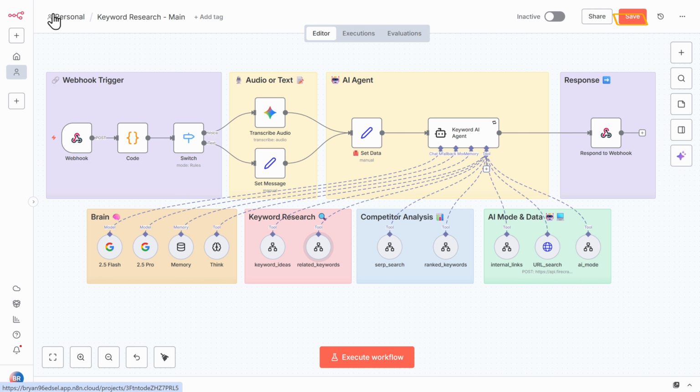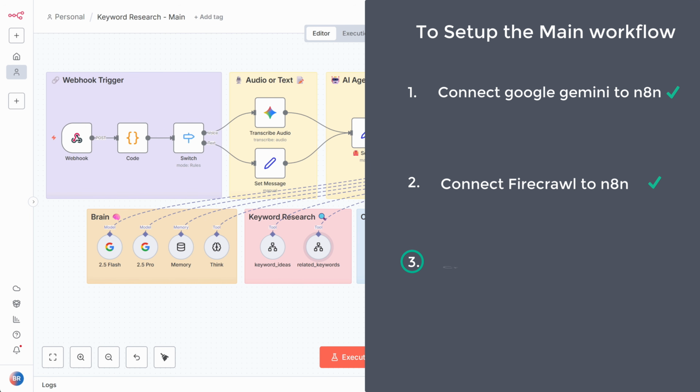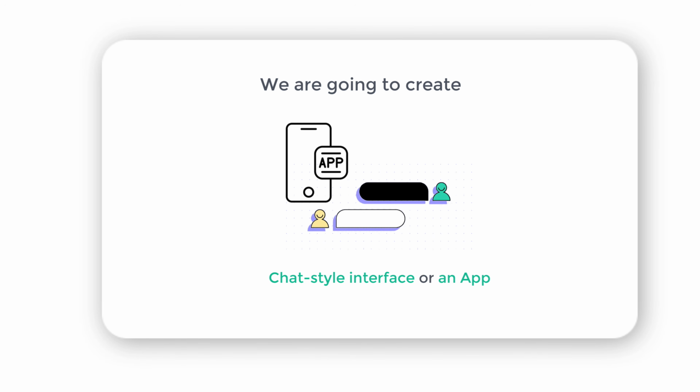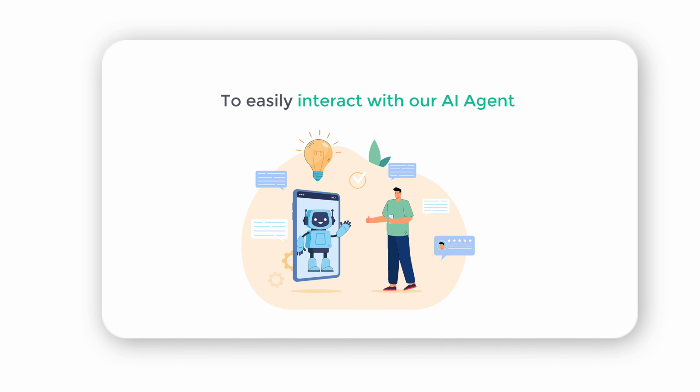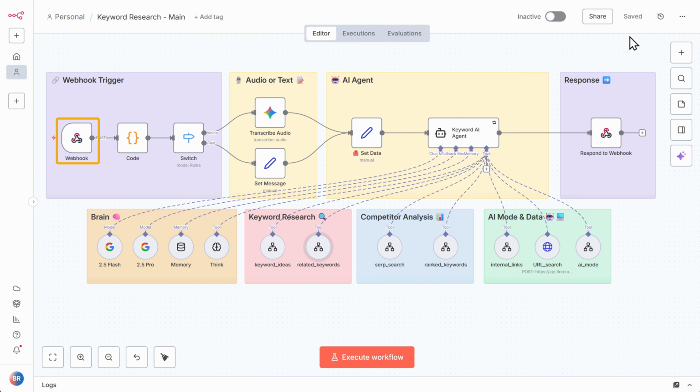Once that's done, save the workflow by clicking here. Alright, now let's go to the third step, which is to create a keyword research app. We are going to create a simple chat-style interface or an app to easily interact with our AI agent. So to create our keyword research app, open this node,